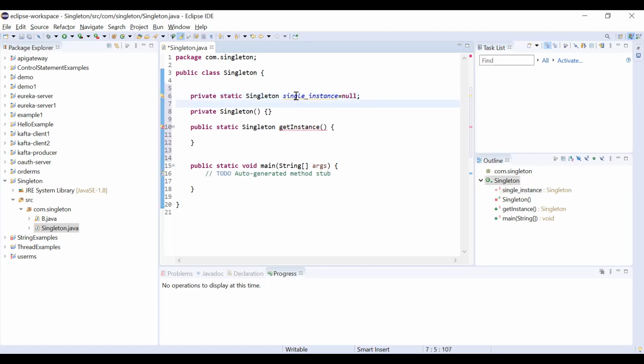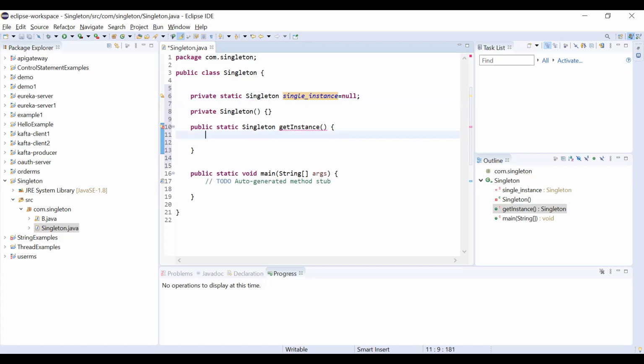So we created one variable of type Singleton. It is a static variable. Why? Because we are using it inside a static method, that is why we made it static. First we need to check whether singleInstance is equal to null or not.